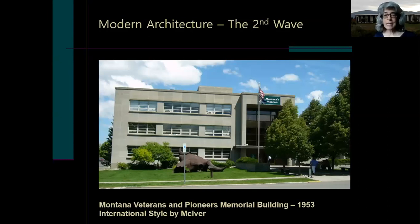The first of which is the international style. And you can see I'm trying to use examples from Montana, and I do have some examples from Bozeman as well. This is actually an interesting style because the international style, as I said, was part of the first wave. It continued on through the second wave. The first wave was essentially the 1920s through the end of the 1940s. The second wave is the 1950s through the 1970s, sometimes squeaking into 1980,